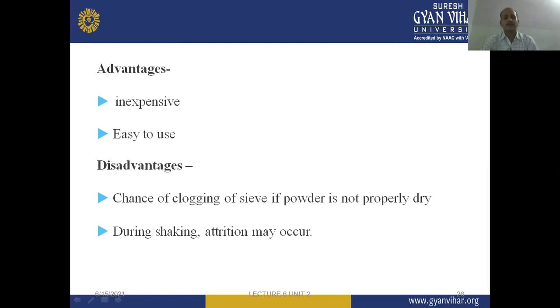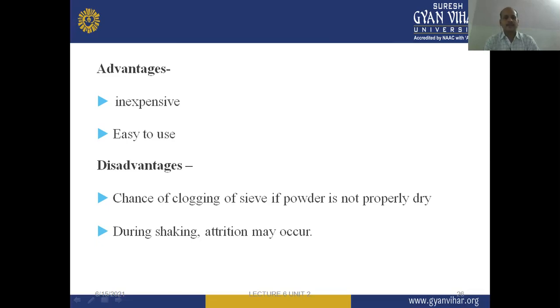So attrition is one of the mechanisms of size reduction. We cannot obtain the actual size with the attrition and impact mechanisms working during the shaking. So due to the attrition or impact phenomena during the shaking, it will be less accurate, or it will provide less accurate results than the other methods. So these are the different advantages and disadvantages of